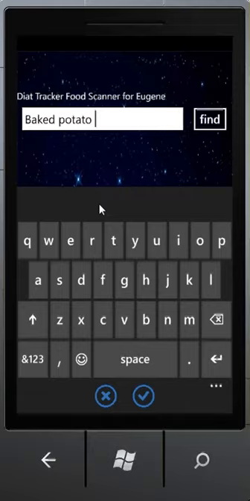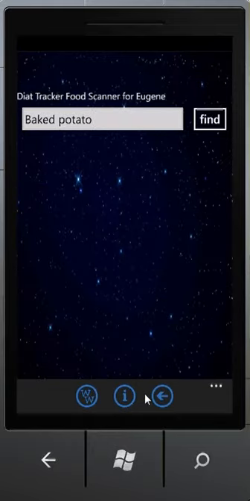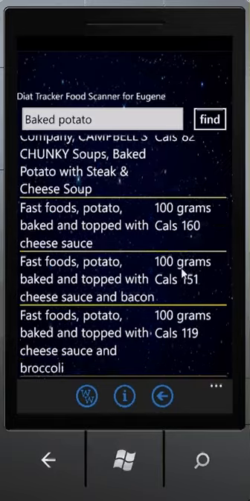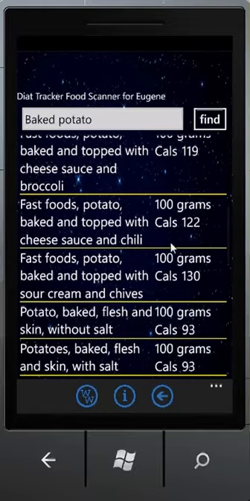And like you see, you have your phone's dictionary support here as well. So after you entered it and you click simply find, the database will be searched for the items that have both these words, baked and potato, in its description. And like you see, there's a bunch of them. So you need to either go ahead and expand your search, in other words, put more words in it that will more clarify what you are looking for,